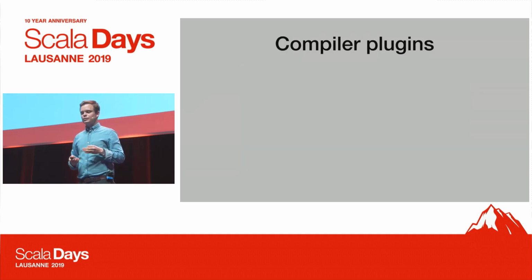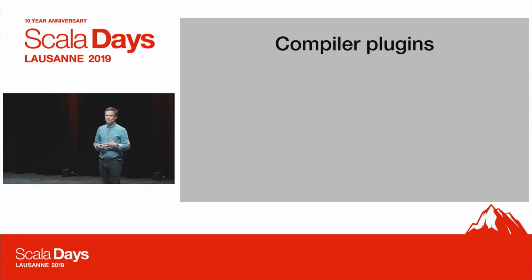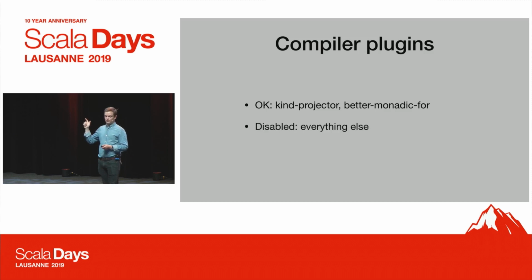Another, I'd say, biggest contributor to it being also robust and performant is that, so in Scala you can have compiler plugins. In SBT it's by add compiler plugin. People have linters, wart remover, all sorts of stuff. Metals essentially has a whitelist with 2 approved compiler plugins. If you're using Kind Projector, we allow it. If you're using Better Monadic For, we allow it. If you're using any other plugin,